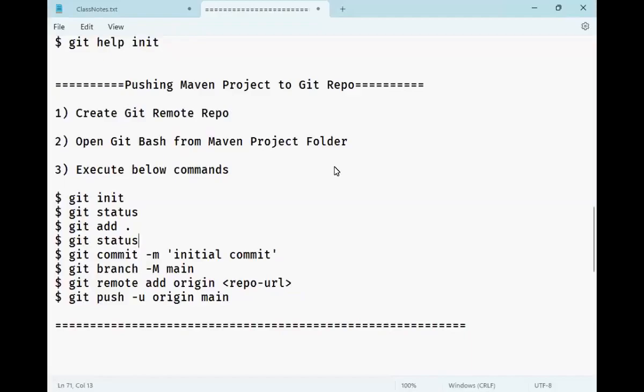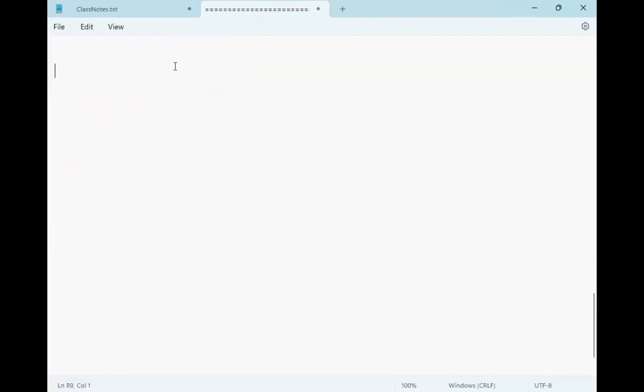Hi guys, welcome back. So we understood several commands as of now. What are the commands we discussed so far? We discussed git help command, git config command, and git init command. We discussed git add command, git status command, and git commit command